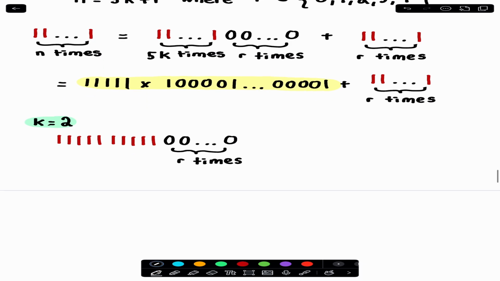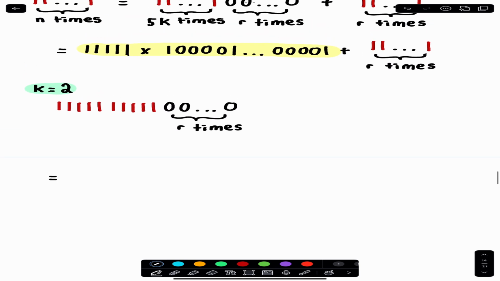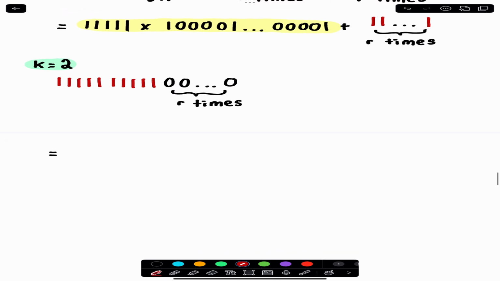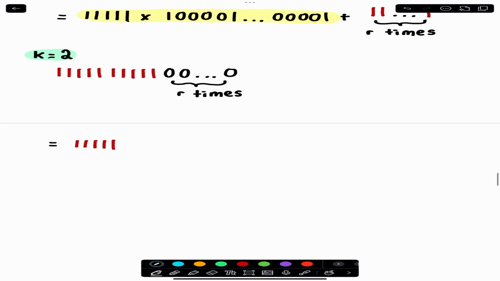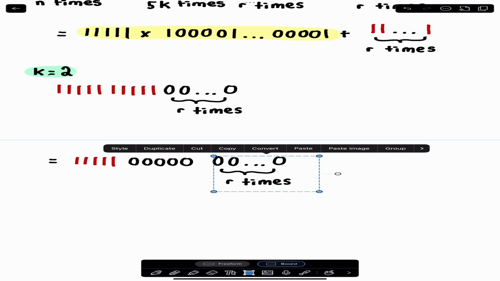And now from here, we're going to do what we've seen many times before, and we are actually just going to break this number up into a sum. So what I mean by that is this number is actually the same as if we had 5 copies of 1, followed by 5 copies of this 0. Of course, we still have R copies of 0 at the end,